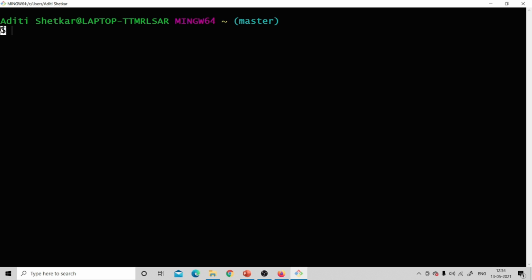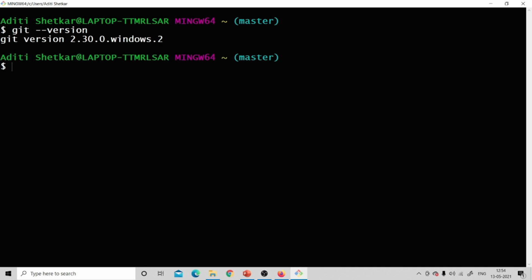So the first command we'll see is which Git version I am using. I want to check it. So I'll write git, 2 dashes, and write version. We have to write the keyword git every time. Whenever you use any Git command, we have to write the dollar first, and after dollar you have to write the keyword git. And everywhere you have to keep one space. After writing git, keep the space, write 2 dashes and write version. Enter. See, it is showing me I am using Git version 2.30.0 for Windows. So this way you can check the version of Git which you are using on your system.